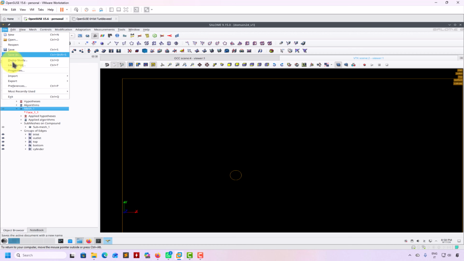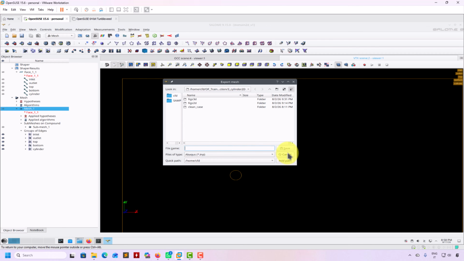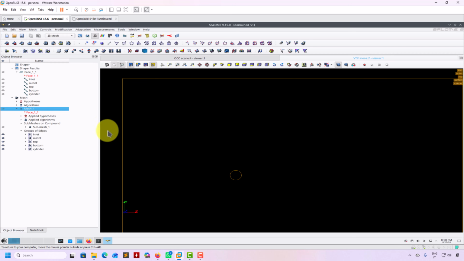Okay, so you can go here, export. Remember that we have been working with the UNV format. You have many formats, but UNV doesn't work in 2D. You need to have the extrusion. So what you can do,